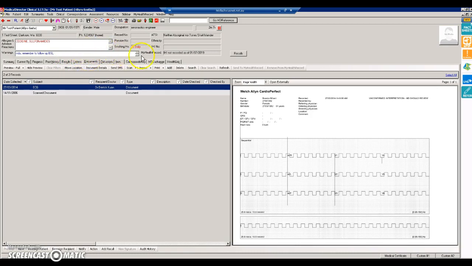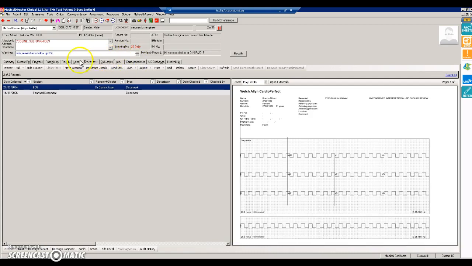There's also this tab here which says correspondence, but I find that it hasn't been working quite as well as it used to. It used to be a catch-all for all the results, all the letters, and all the documents. But I have found that quite often there will be a document or a letter that doesn't show up in the correspondence tab. I'm now going to show you how to write a letter